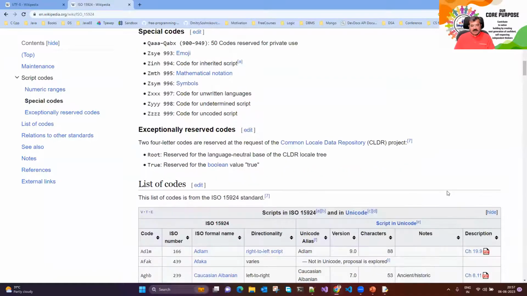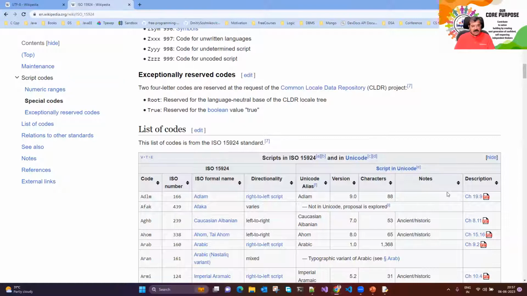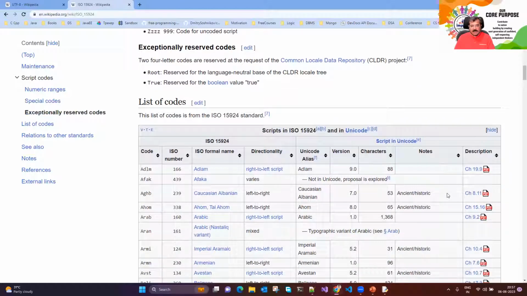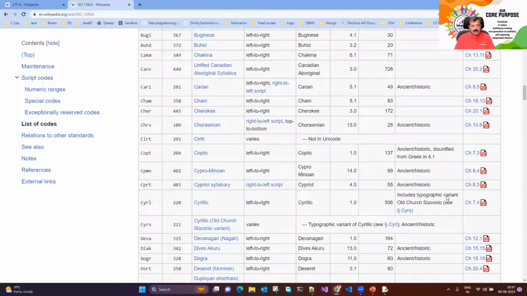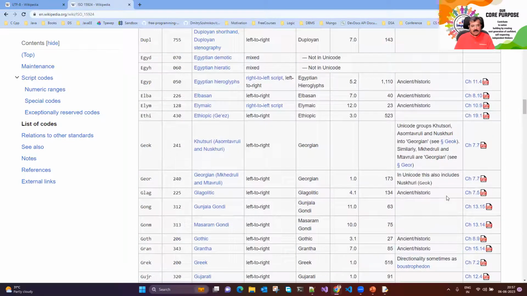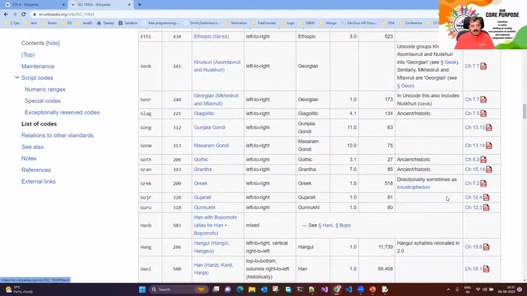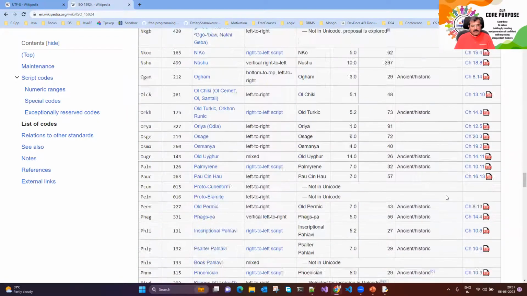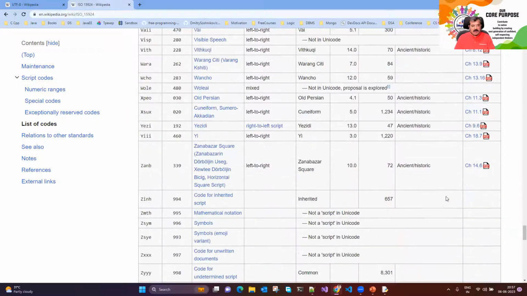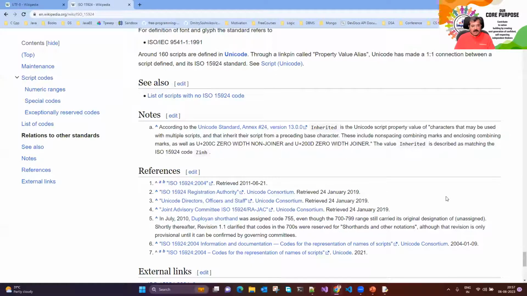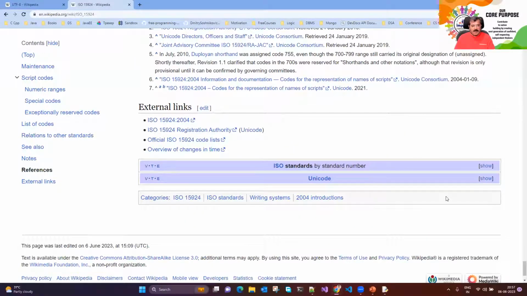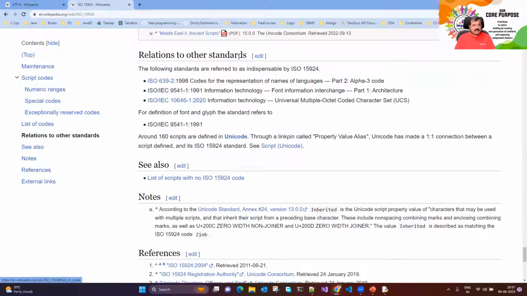So normally when there is a name given to the encoding mechanism, that becomes easier. Code. So you can just say